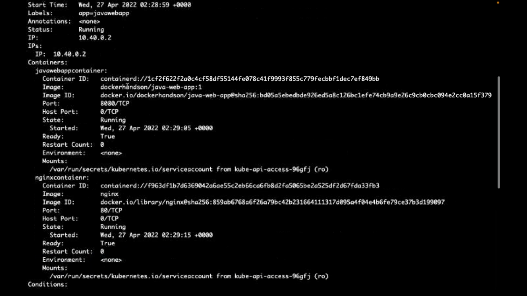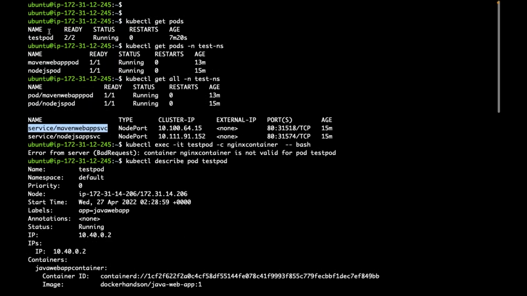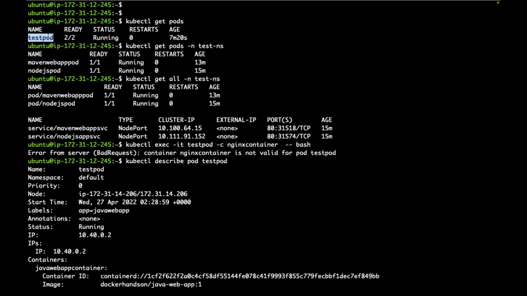Whatever pod I am trying to access, in which namespace is it, guys? Default. This pod and service are in which namespace? Other namespace. So how can I reach applications or services from one namespace to another namespace?